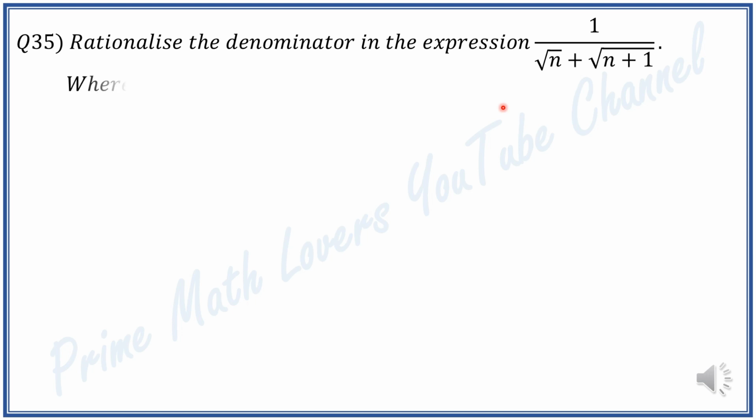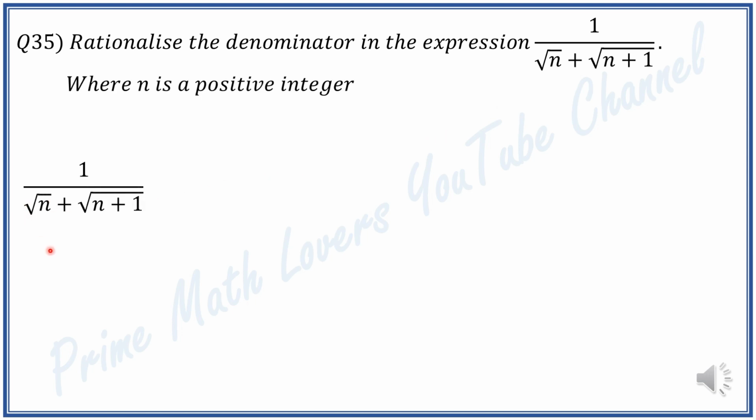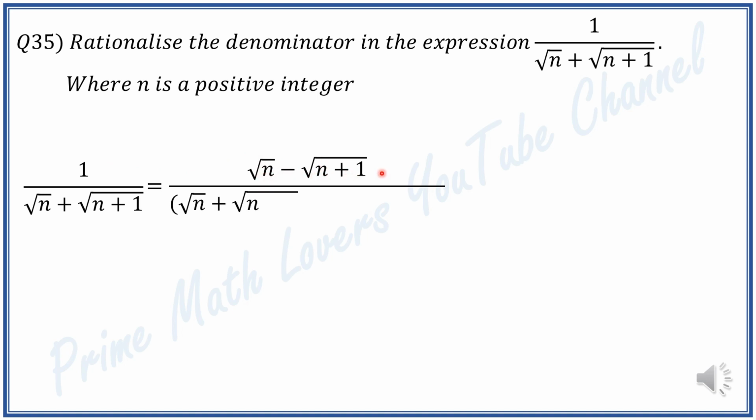So to rationalize the denominator, we multiply both numerator and denominator by the conjugate of the denominator. So we'll get square root of n minus square root of n plus 1 over square root of n plus square root of n plus 1 times square root of n minus square root of n plus 1. Applying the difference of squares identity from algebra, which states a plus b times a minus b is equal to a squared minus b squared,